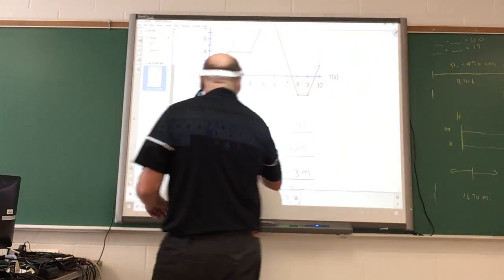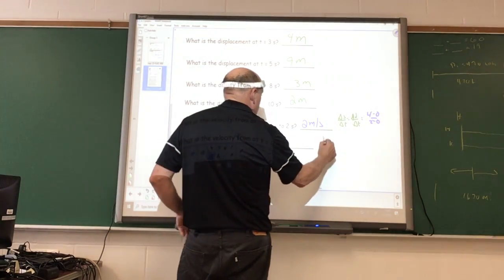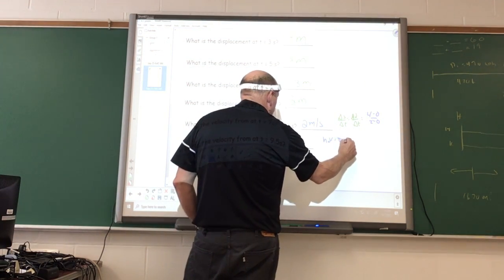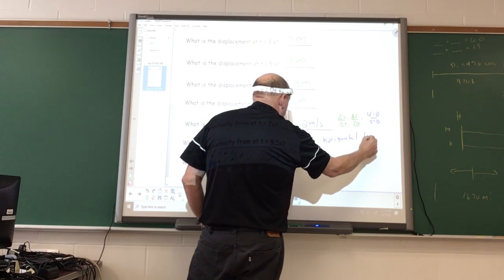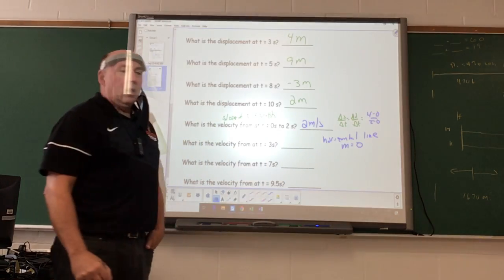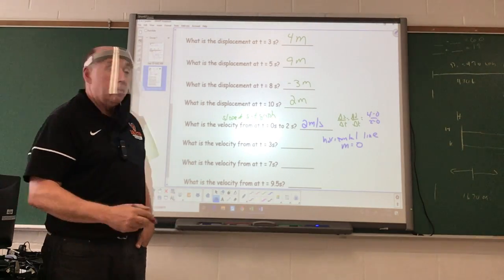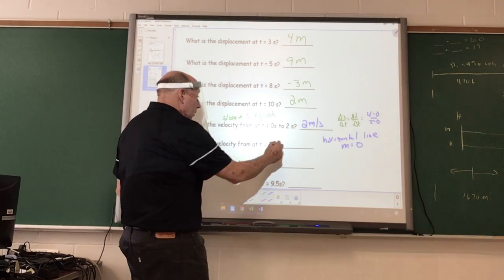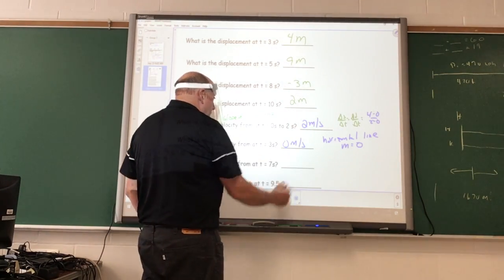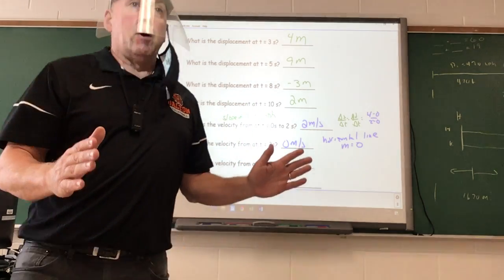This is a horizontal line. And if we have a horizontal line, the slope is 0, which means our velocity is going to be what then? 0 meters per second. So once again, as we're looking at the motion now,